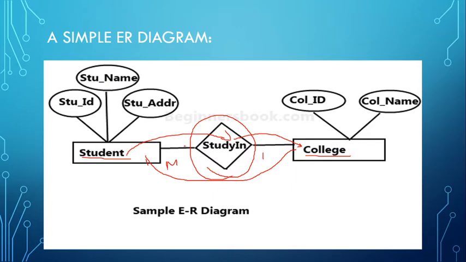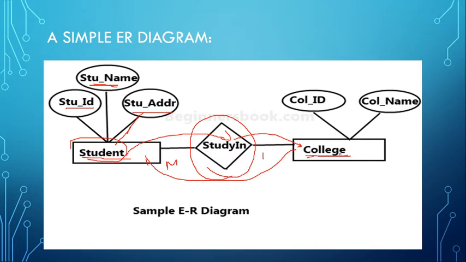So we'll talk about this relationship, these entities, and these attributes. Here student is an entity. For this entity we have attributes also: student ID, student name, student address. These are the attributes of the student entity. For every student there will be a PIN number or a student ID, which we call a student ID, or hall ticket number, or admission number. For every student there is a name, and in college we'll give the address also.